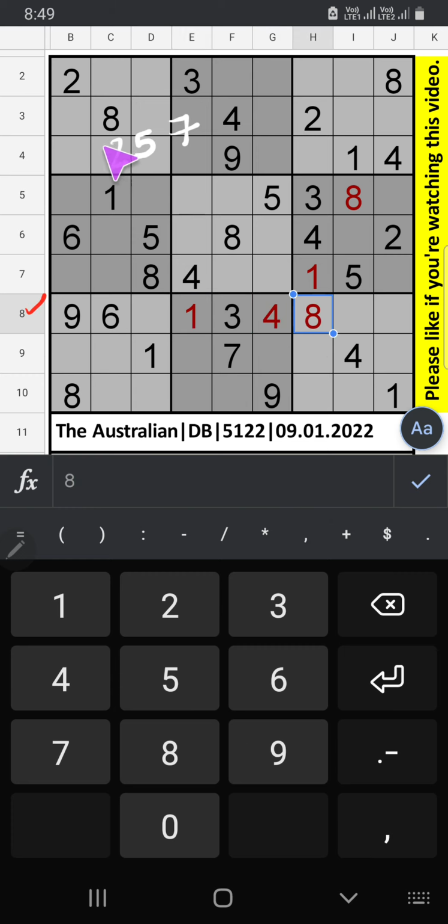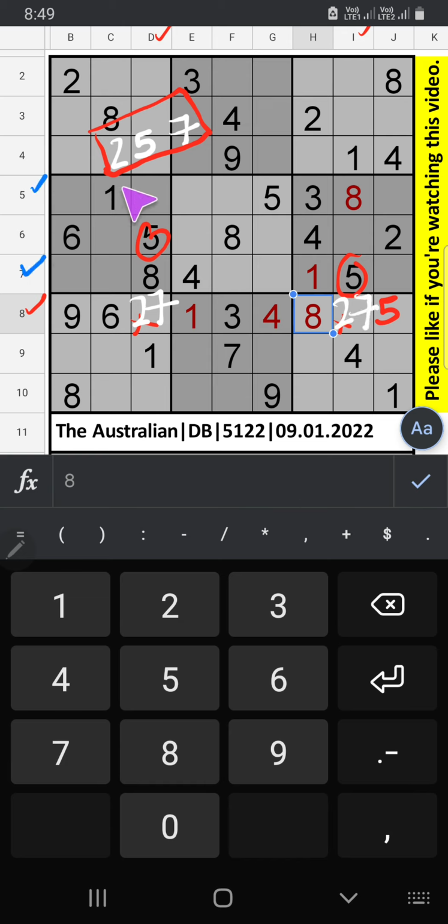8th row, 3 numbers are remaining: 2, 5 and 7. Column D and column I we have 5. So 5 can't come in these cells. Then 5 is confirmed here. Then only two numbers are remaining, 2 and 7. It will come in a union of the cells. We'll confirm later.